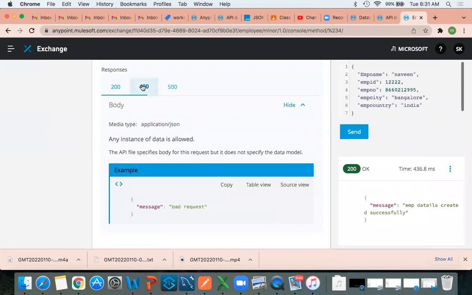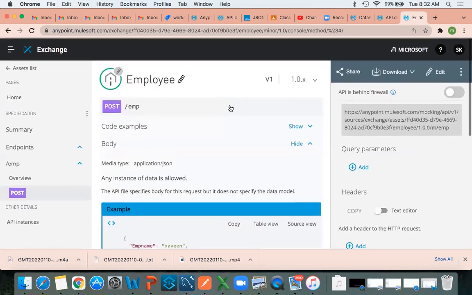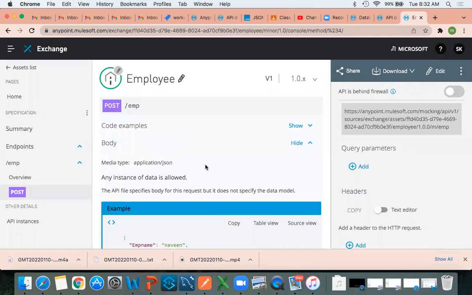So we have 400, we implemented 500 internal server error. Okay. So in the organization, we have some managers, right? They are not technical. They don't know MuleSoft. They are functional guys. So they can test our APIs here.